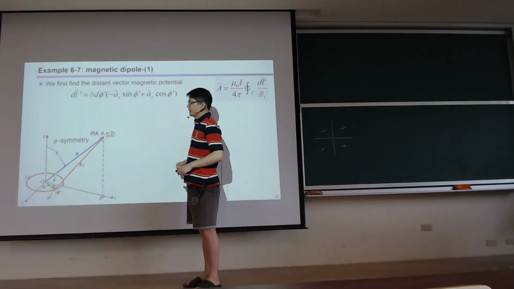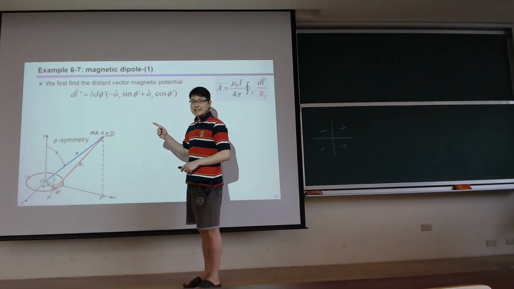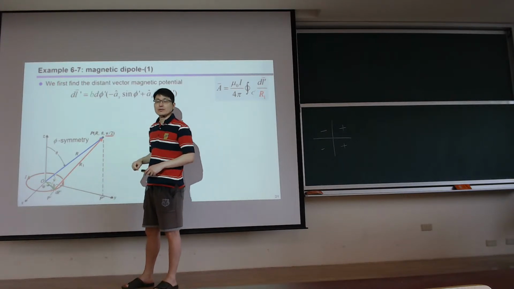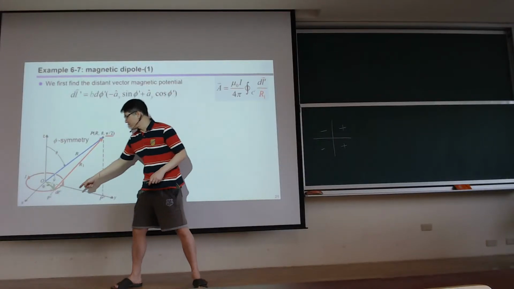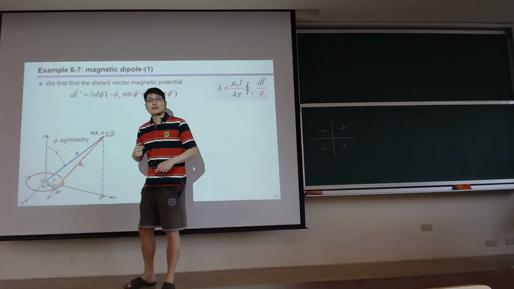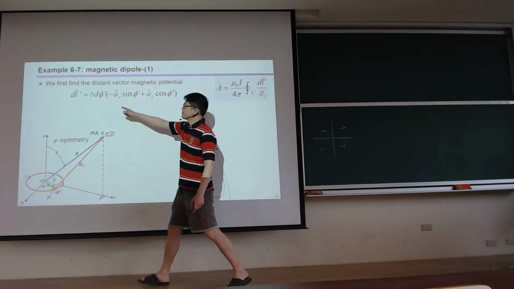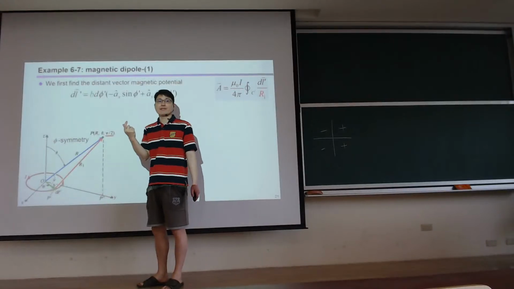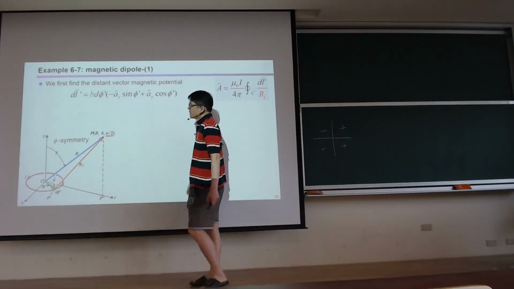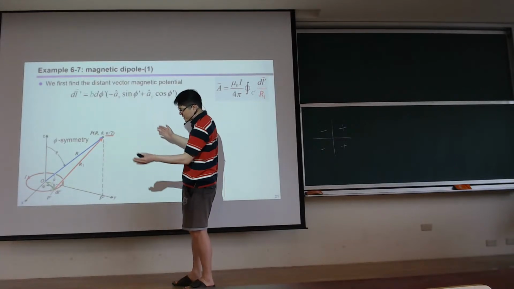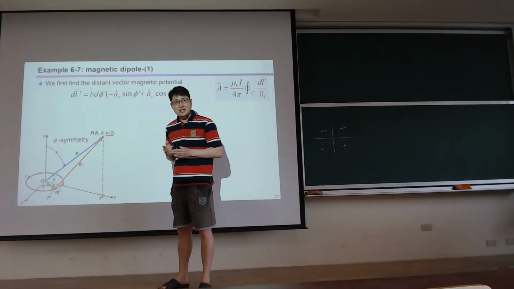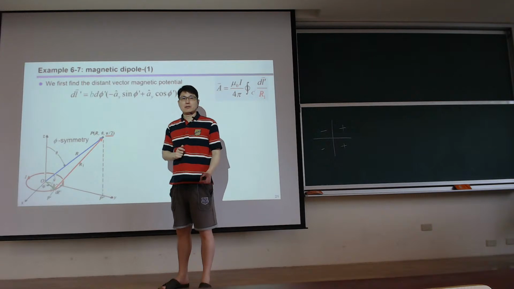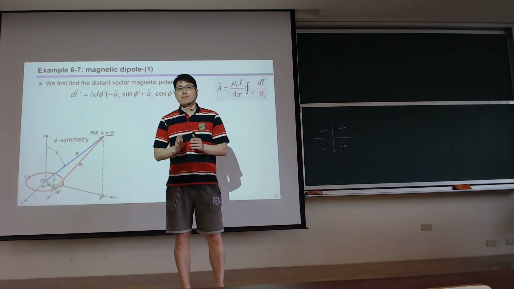First thing first, how do you properly express the differential length vector? Well, its magnitude must be defined by b d phi prime, right? Its magnitude must be defined as b d phi prime because, again, you have an arc. And somehow, because in this coordinate system, even though we're using spherical coordinate system, we have plotted the x, y, z coordinate. So the first thing is, again, before you proceed,